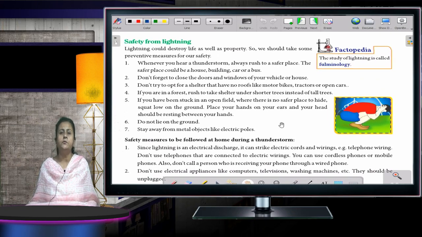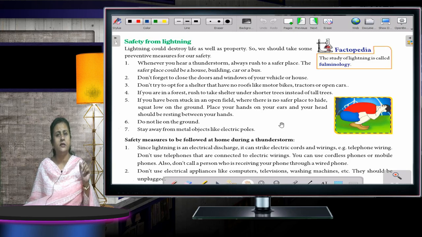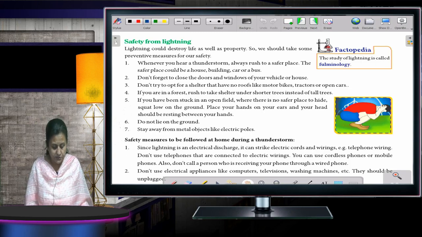What measures should be taken while it is lightning? जब बाहर बारिश हो रही है बहुत ज़्यादा और lightning हो रही है, हमें क्या precautions लेने चाहिए? That I am going to read out for you. Okay. First,